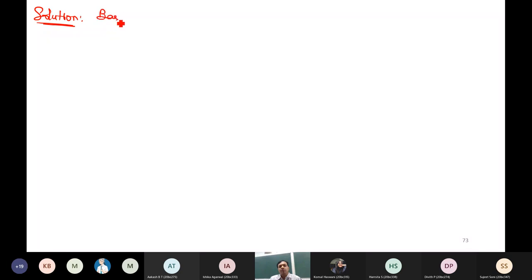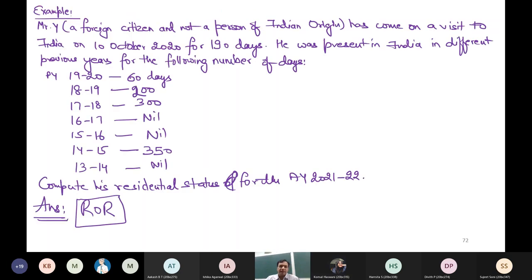So is basic condition number one satisfied? No, sir. Why? He only stayed for 173 days. But in the question it is written that he stayed for 190 days. But sir, before 31 March 2021, that totals 173 days. Not before 31st March, it is till 31st. Okay, so that point you should always remember. Just because the question says 190 days, it does not mean that it is 182 days or more during the year. So always check for your year.